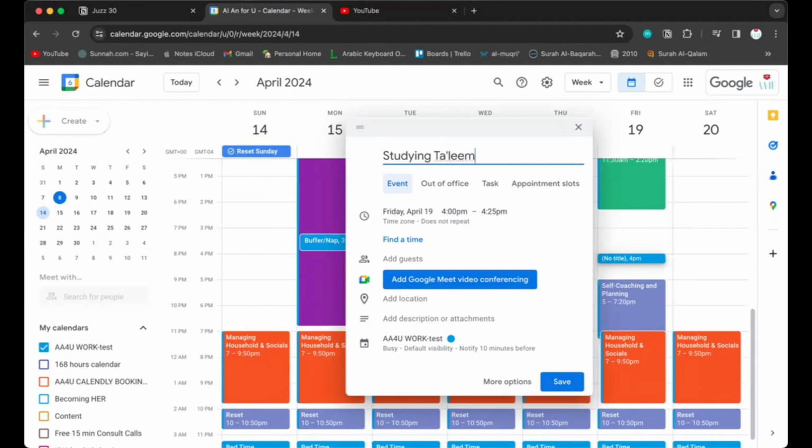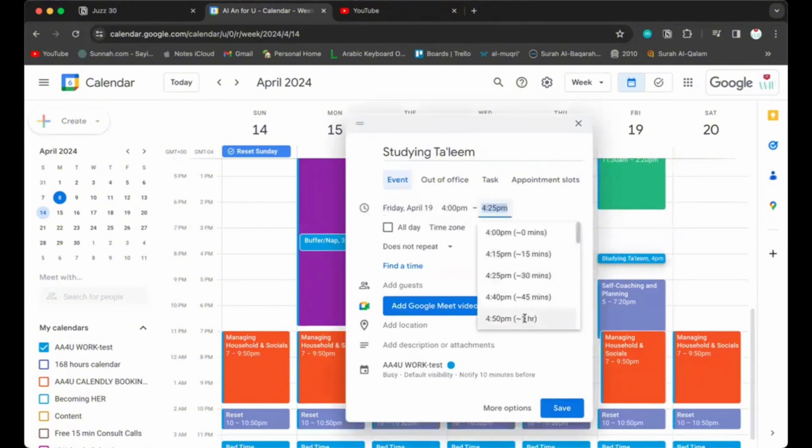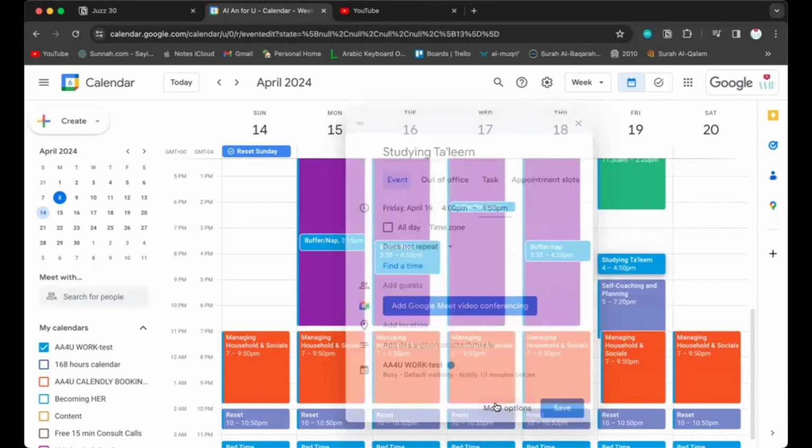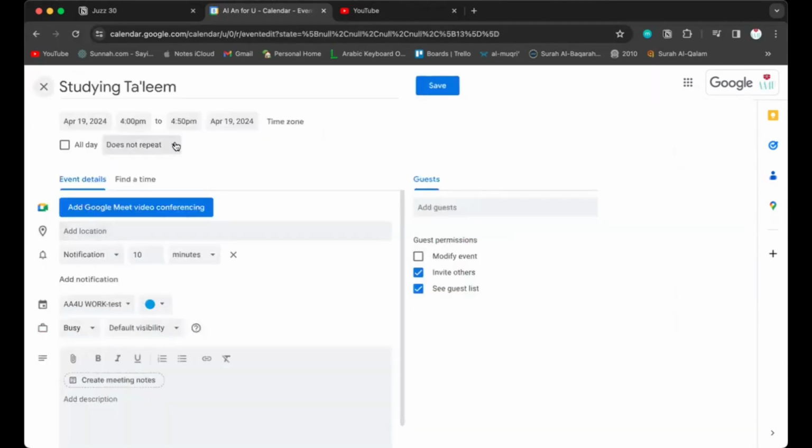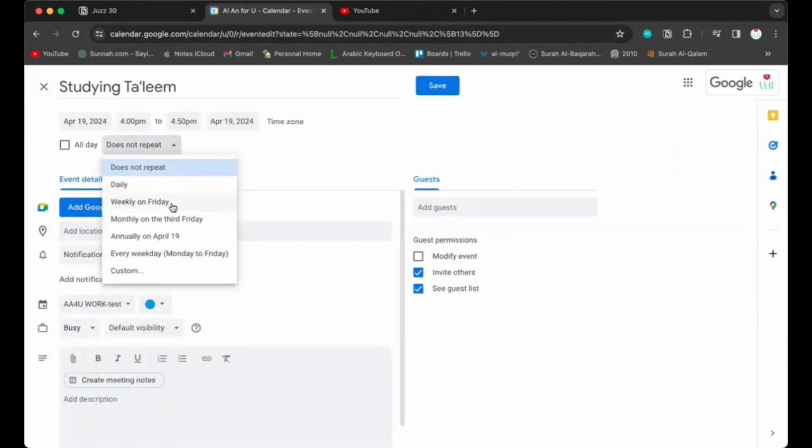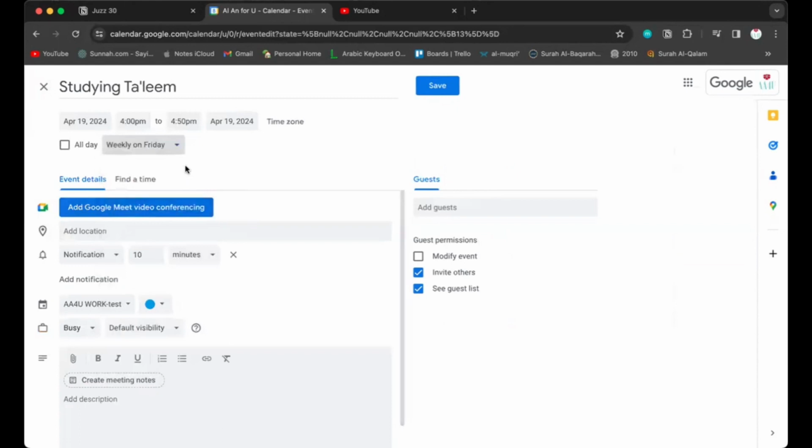That's Saturday, so let me finish whatever I haven't finished entirely. So that's gonna be an hour. And for studying, okay, so we're gonna put here repeats weekly on Friday.